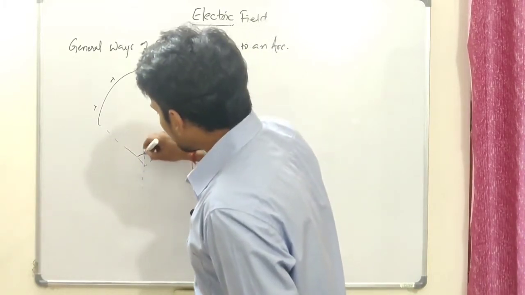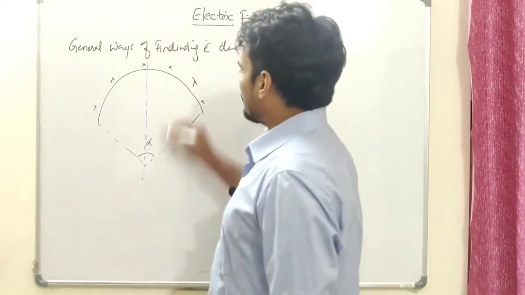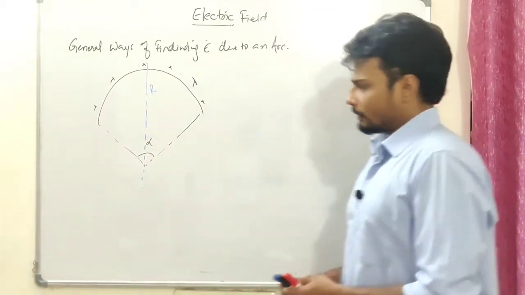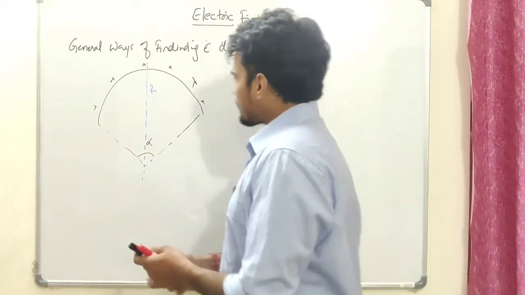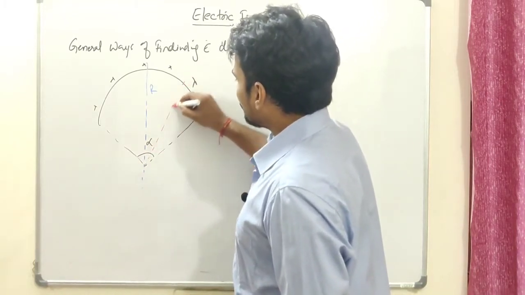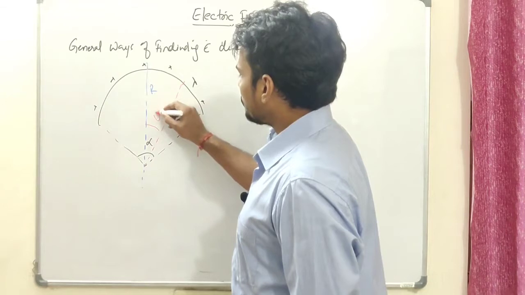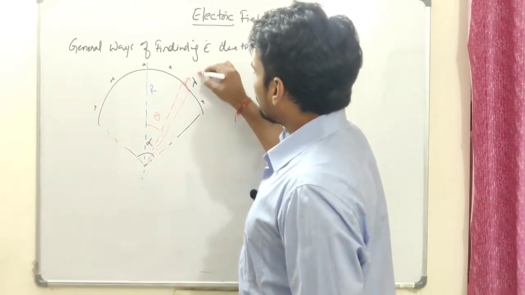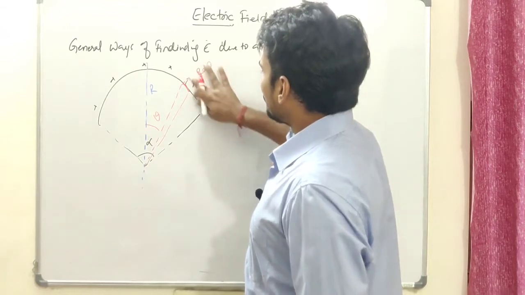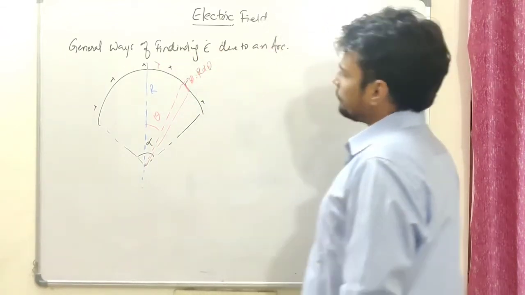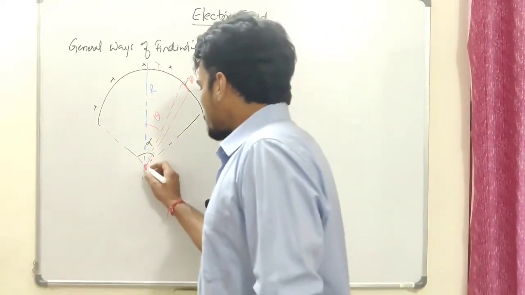Let me divide this, having something like this. Okay, let the radius be r. Again, I'm going to choose a small element over here. So let's say a small element, at this point, at an angle of theta. Let's choose a small element over here, dl, that is going to be r d theta. Let me write lambda here. This dl is going to be r d theta. So the field because of this should be in this direction.